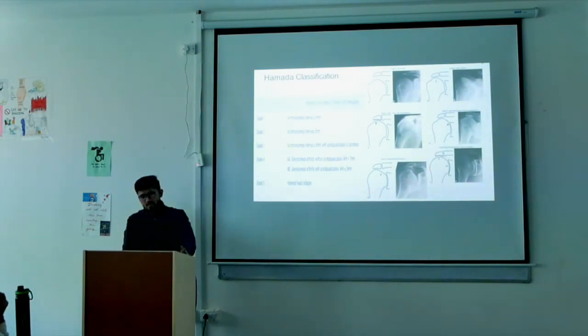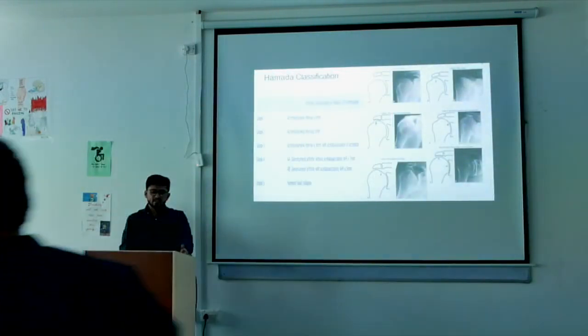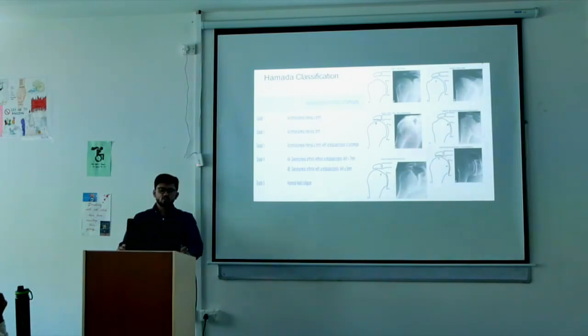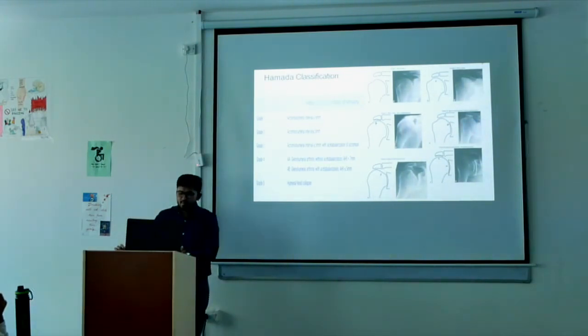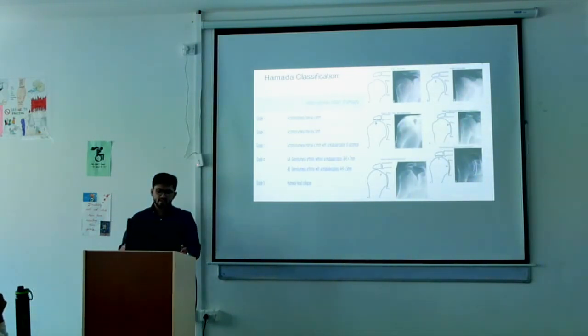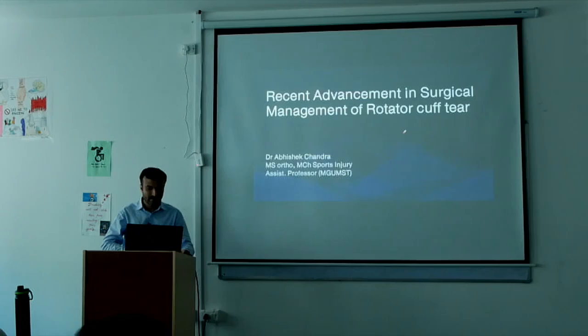Grade 4 is further divided into A and B. In grade 4A, there is glenohumeral arthritis, but there is no acetabularization of the acromion. The AHI, the index we discussed earlier, is less than 7 mm. In grade 4B, there are changes of the acromion, but the AHI is less than 5 mm. In grade 5, as we can see in the line diagram, there is